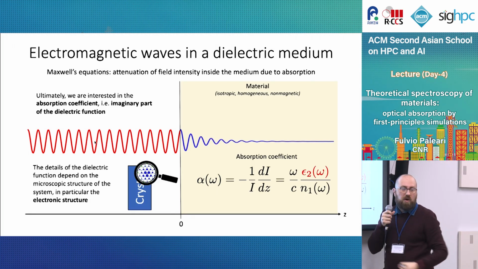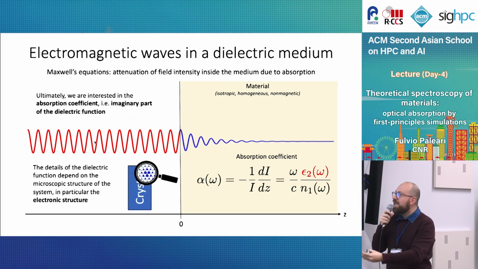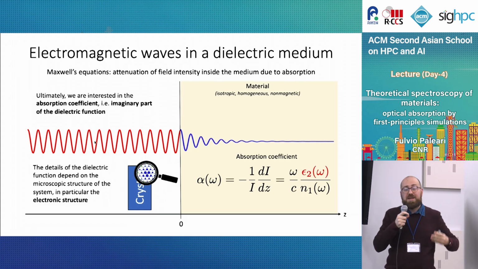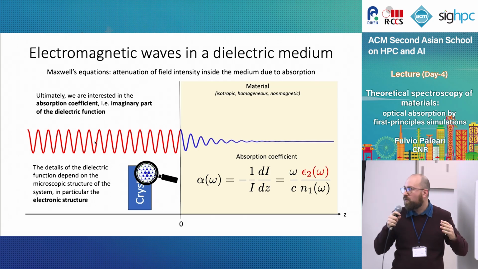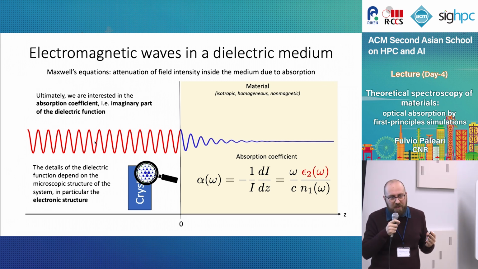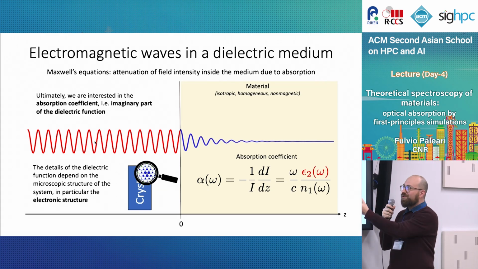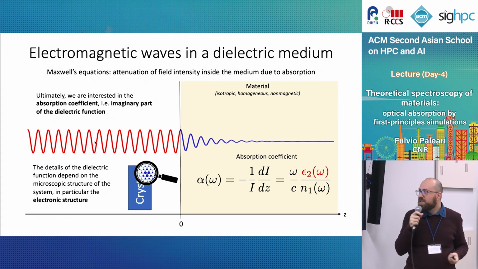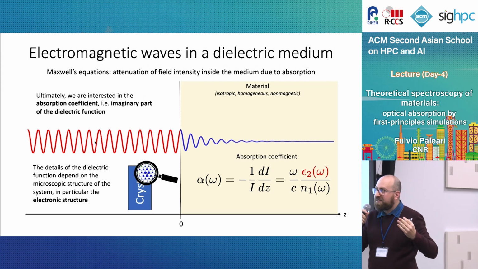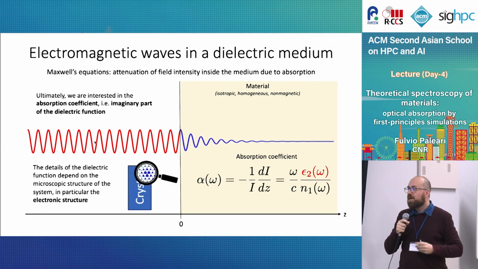This is the intensity of the wave inside the system. Again, we can rewrite this to emphasize that it mostly depends on the dielectric function, and in particular on the imaginary part of the dielectric function, which is the quantity that we are going to want to compute. Okay, but Maxwell's equations don't give us any prescription on the form of this. We don't know which function to plug here. We can use models, of course, but we know that the form of this is basically dictated by the underlying microscopic crystal structure and electronic structure of the material.